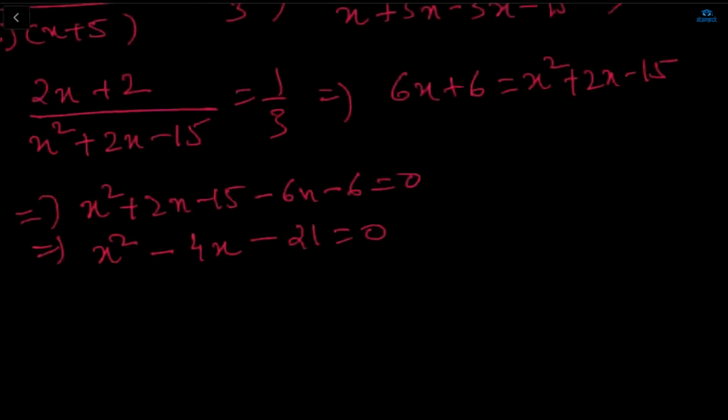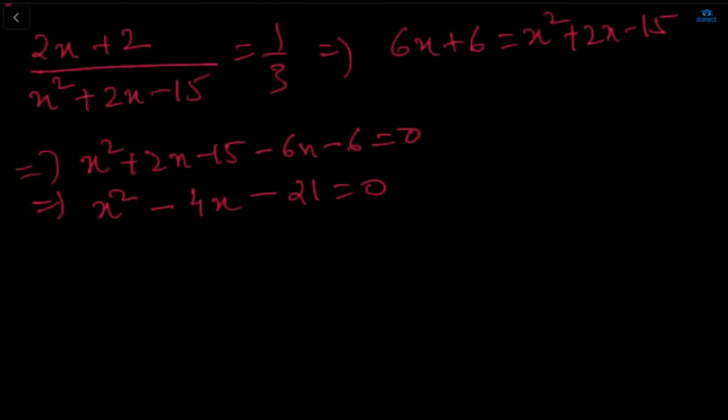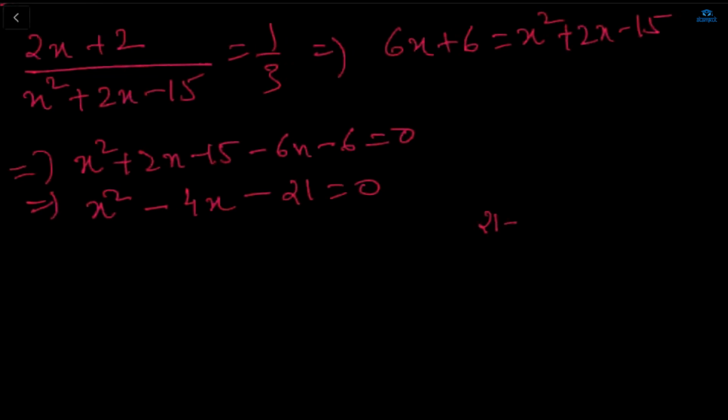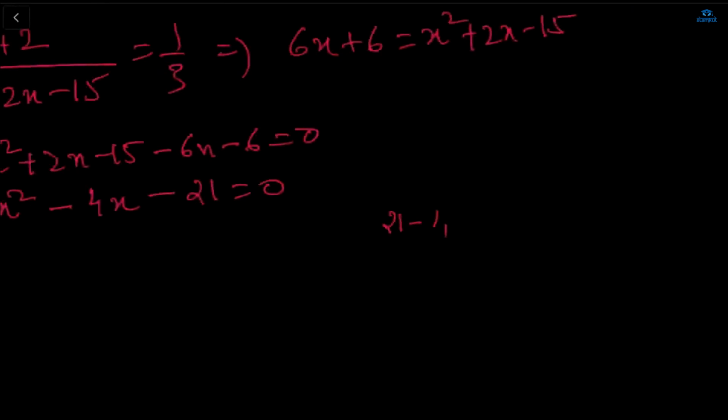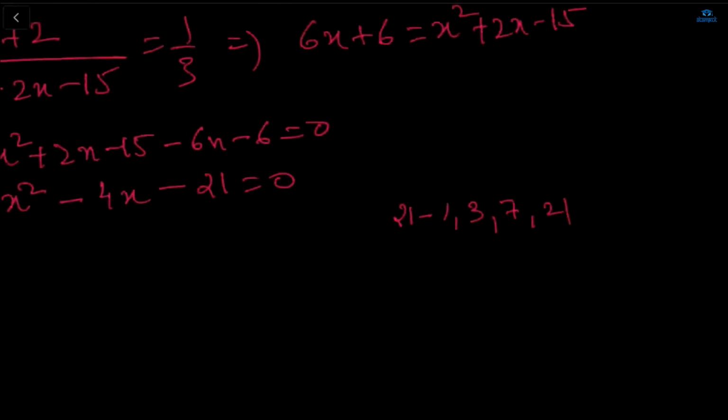Now you need to factorize. This is your quadratic equation. Now if you are going to factorize, so 21, if you see the 21, this factors: 1, 3, 7, 21. We needed 4 here, and it should be subtraction, and the product should be 21. So 3 sevens are 21, and 7 minus 3 will give you 4. So we are going to factorize like this: x square